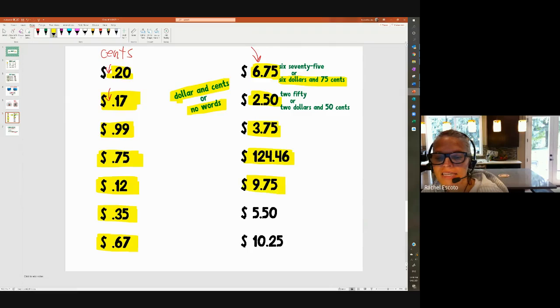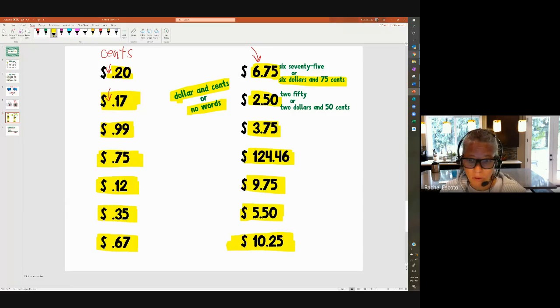This one is 9.75 or $9.75. This one is 5.50 or $5.50. And this one is 10.25 or